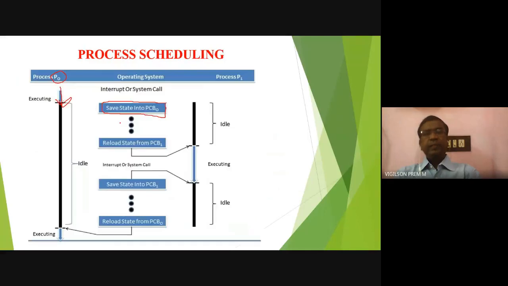So what does it mean? Store the current state of the process, whether it is in running state or waiting state or whatever it may be, into process control block 0. So P0 will have one process control block and P1 will have one process control block. So the corresponding information will be stored in the PCB of process P0. At that time, process P1 will sit idle. After completing the